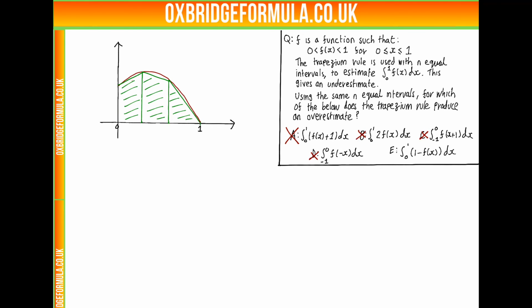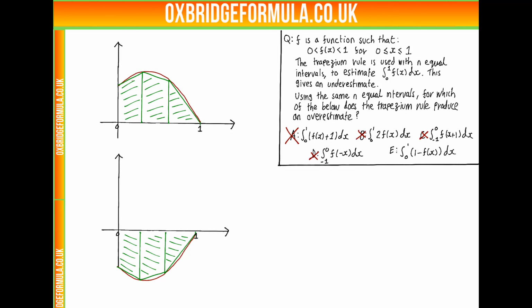So finally, let's look at E. Now, given A, B, C and D all gave underestimates, we really want E to give an overestimate. So firstly, remember from our working in A that adding a constant doesn't change anything, so we can literally just consider the integral of minus f of x, or what happens when we add this minus sign. So this is f of x here. So we consider minus f of x, we are transformed to this, where we flipped all our triangles in our graph in the x-axis. And we see if we get an underestimate here, we actually generate an overestimate here, because